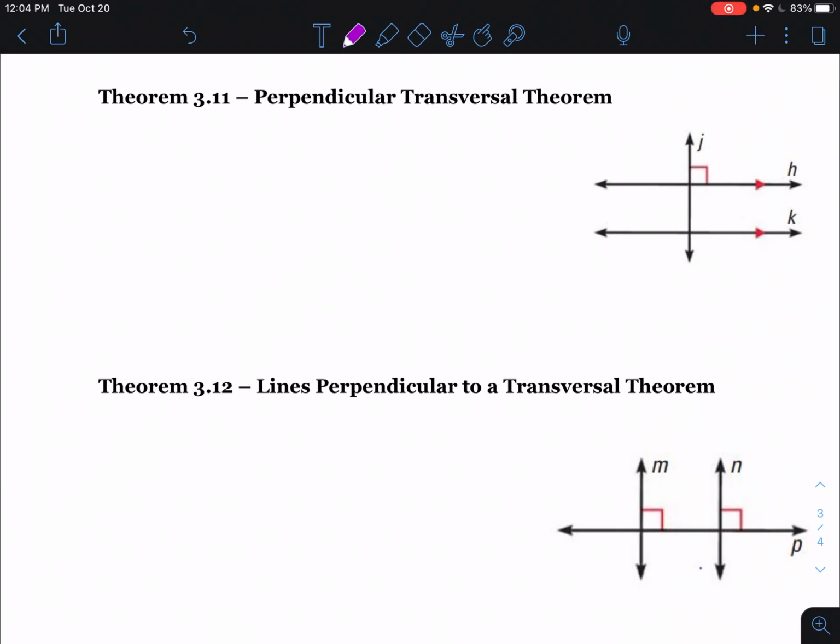All right, we've got two more theorems left. So, theorem 3.11 is the perpendicular transversal theorem. We talked about transversals for most of this chapter. You have a picture here of a transversal. This says that if a transversal